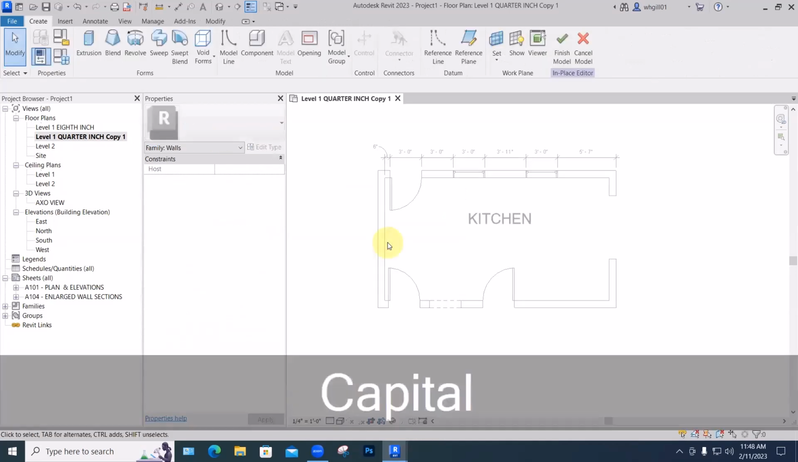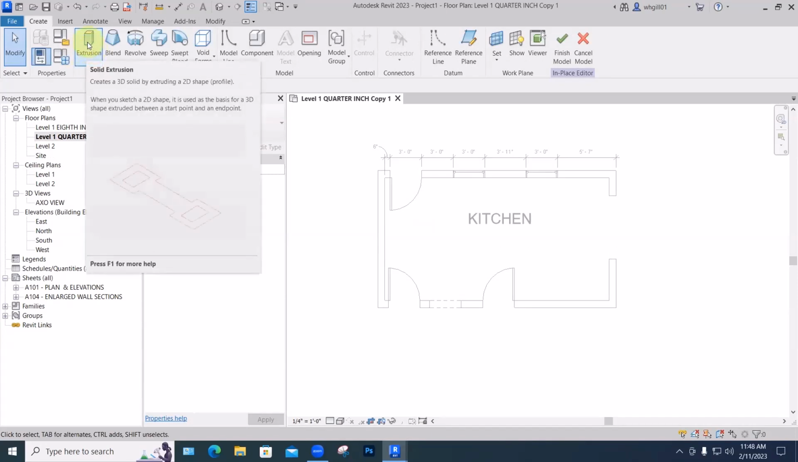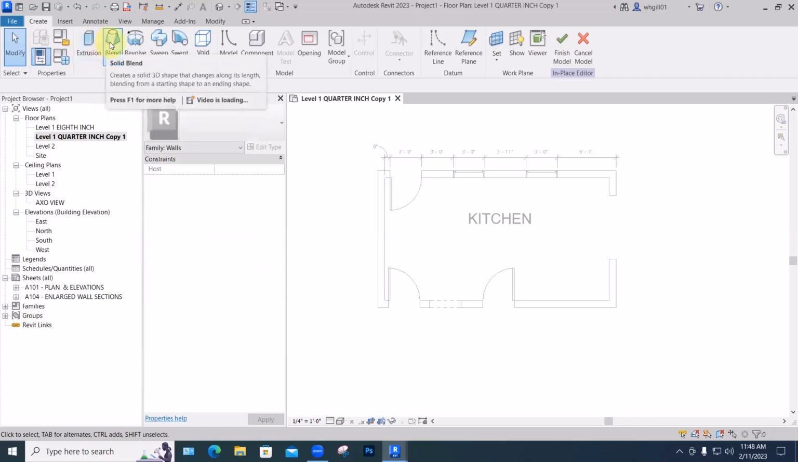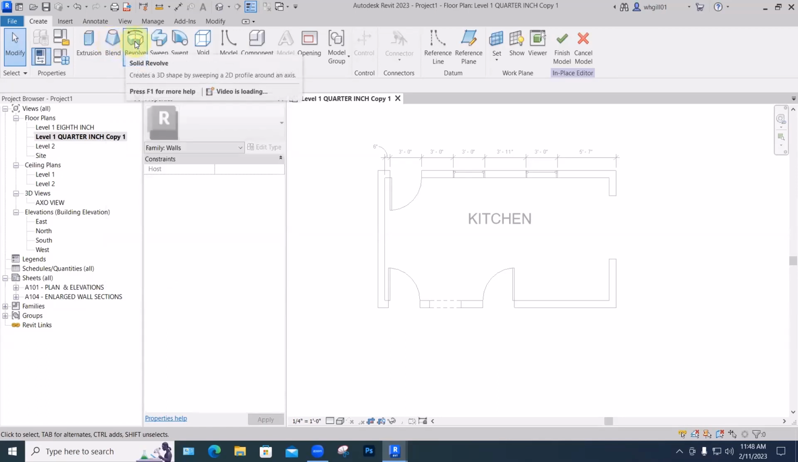Got to turn caps lock off. And we have 5 or 6 different kinds of solids that we can make. We can create extrusions where we draw a plan. You can see the little movie happening here on the floor. We draw what's called a boundary and extrude it up from that. We've got a blend where you have one shape that transitions to another. We've got a revolve